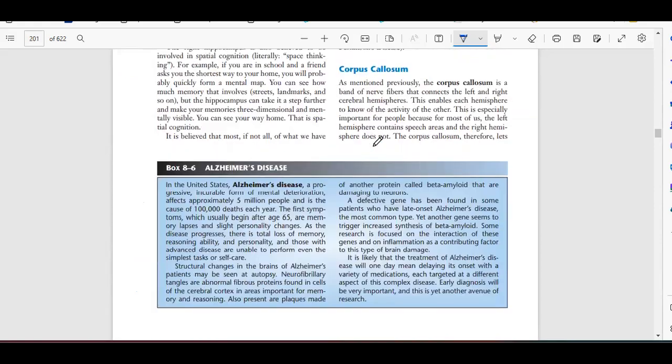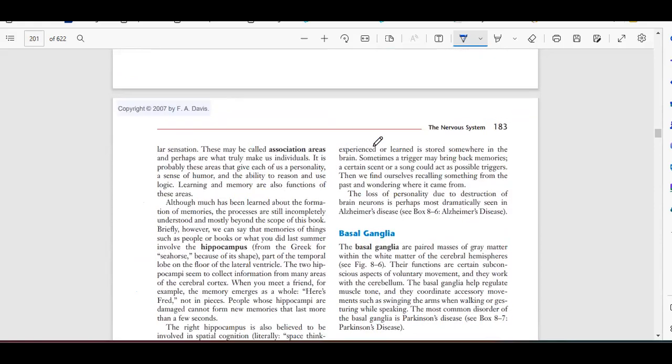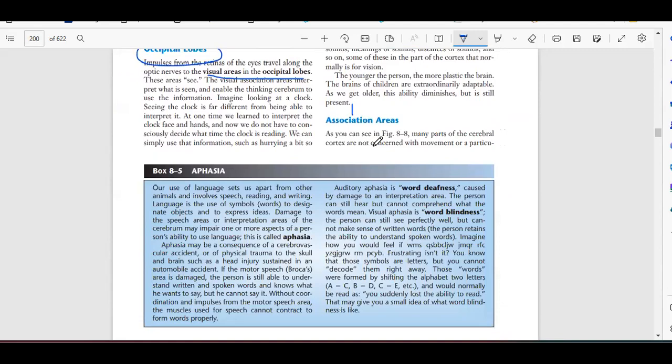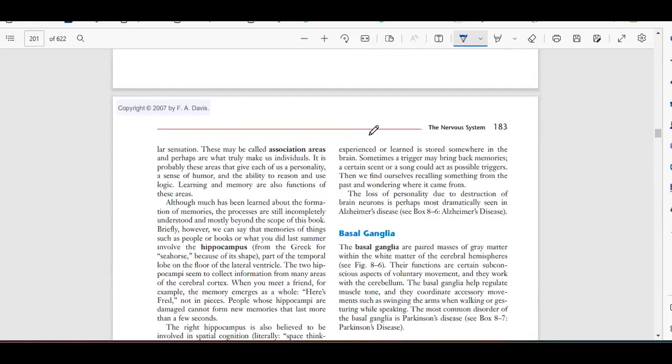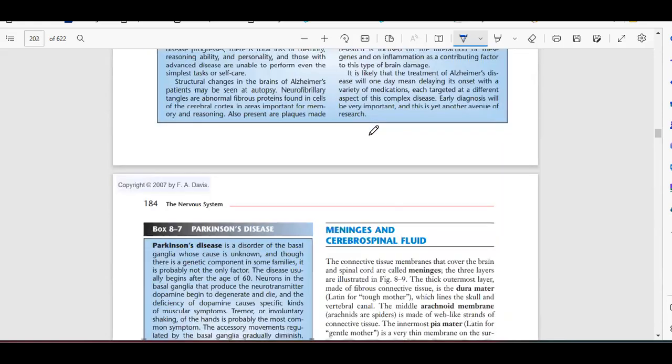Okay, next we have association areas. What are the association areas? Association areas are not part of the frontal lobe, the parietal lobe or the occipital lobe, but they are in the brain and work on different functions. We will talk about association areas, and basal ganglia also we will talk about,